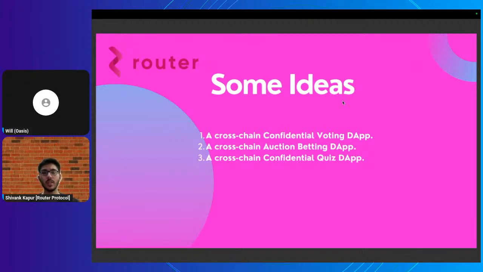You can implement the Oasis privacy layer, as well as integrate Router Chain to display the results of the voting dApp on any other L2 or any other chain like Arbitrum, Avalanche, etc. Similarly, you can build an auction betting dApp of NFTs, and it can be cross-chain. The NFTs, everything would be hosted privately, and the cross-chain part of bidding would be public, so that anyone